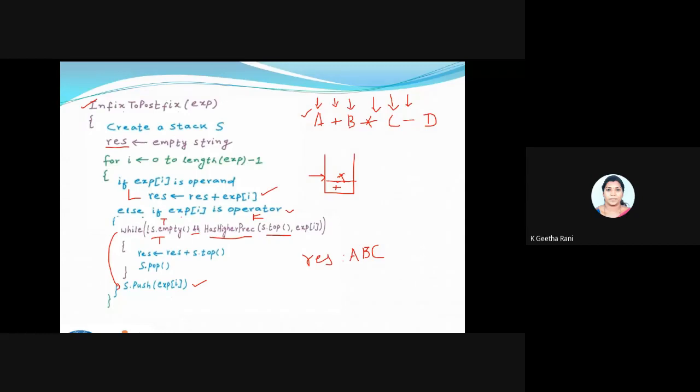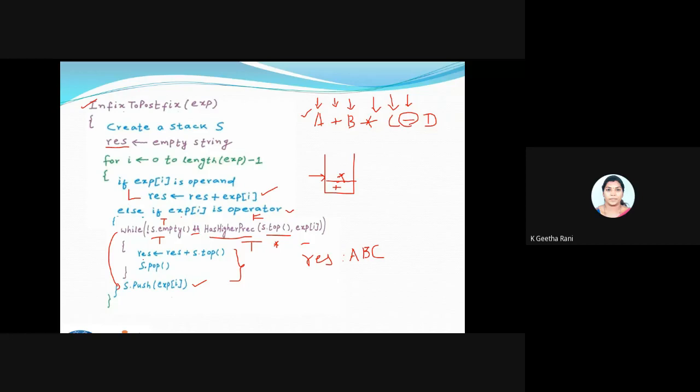Now my top value will be star, and my expression is minus. So now my top value has a higher priority than my expression. Both the conditions become true, and it gets inside this while loop.